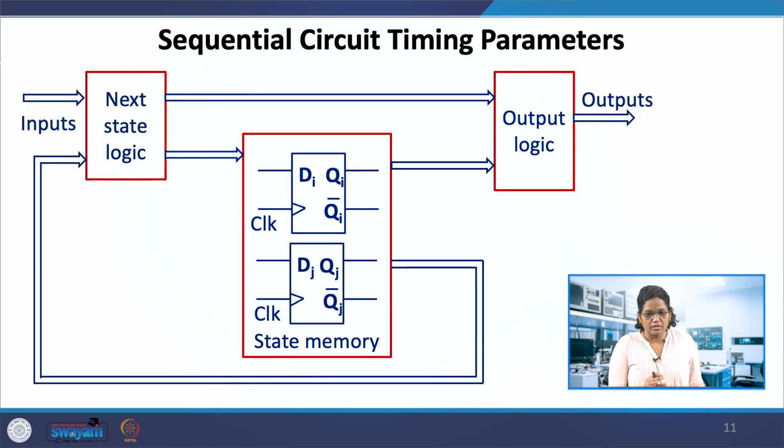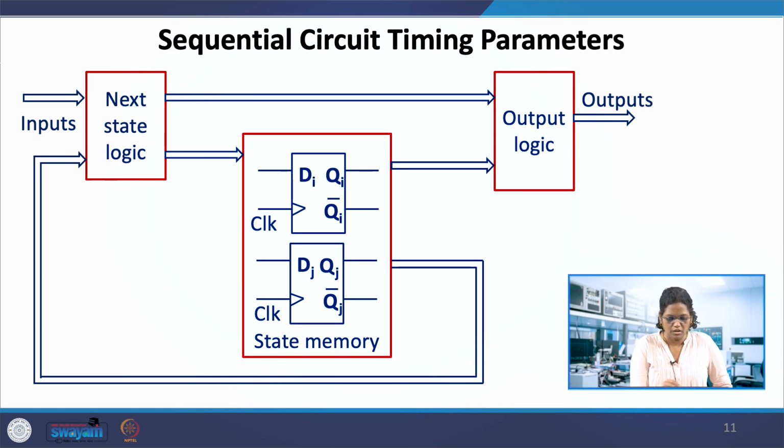Considering the setup time, hold time, and propagation delays of the flip flop and latches, we have this sequential circuit. If you consider flip flops in the sequential circuit, we can consider the common sequential circuit which we had in the state machine as well. The input forming logic, or the next state logic, gives its output to the state memory, the flip flops. Taking this input, the overall circuit output is here, and the output logic also takes the current state of the flip flops, whatever the status is, and the input, from this next state to output.